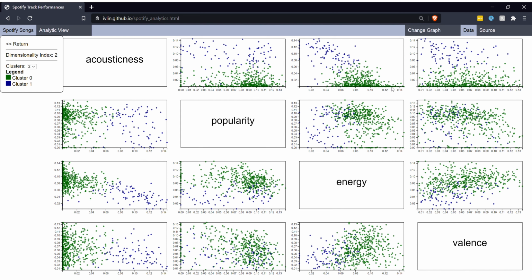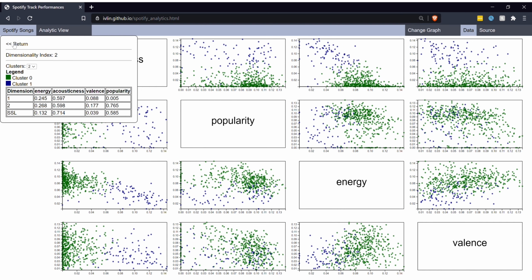For this graph, the y-axis label is acousticness, and the x-axis label is valence. Now, you note that for this, the dimensionality index is 2, and the 4 attributes are acousticness, popularity, energy, and valence. However, if we return to the original scree plot, we can change the dimensionality index